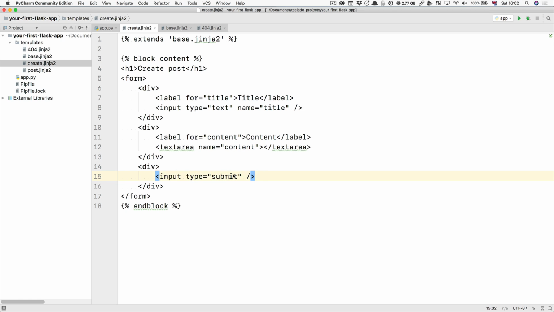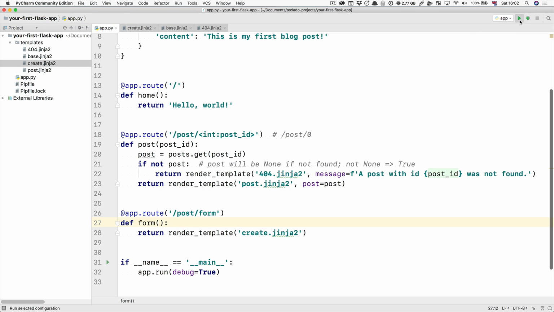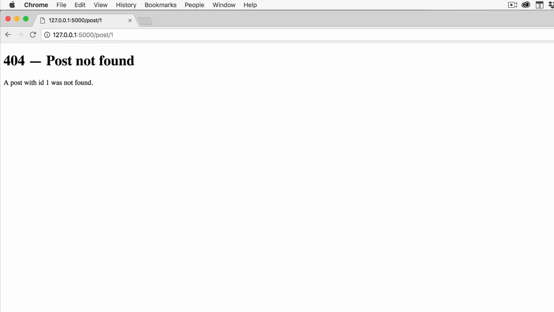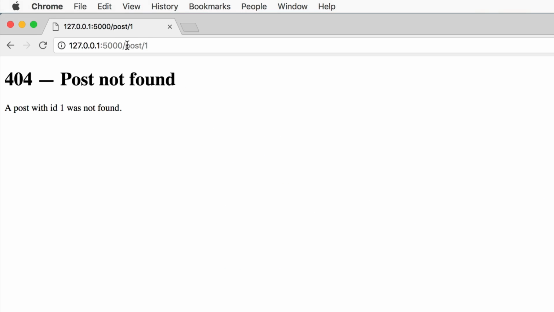An input of type submit essentially is a button that the user can press. And when the user presses the button, they're going to send the data of the form to the server. Now that we've got this, let's go over to our app, run it, and see what happens when we access this endpoint. Let's go over to Chrome and access